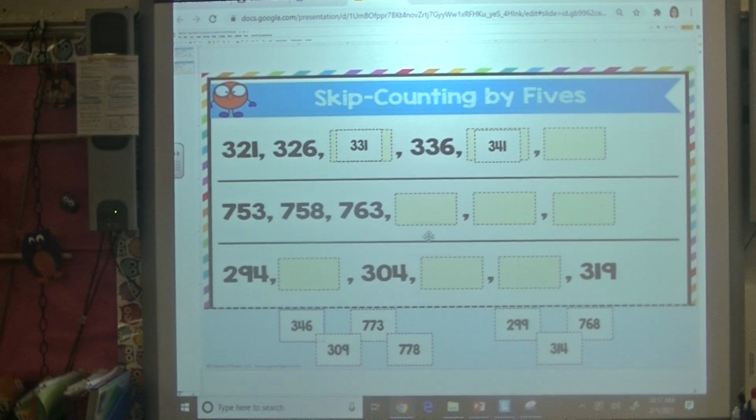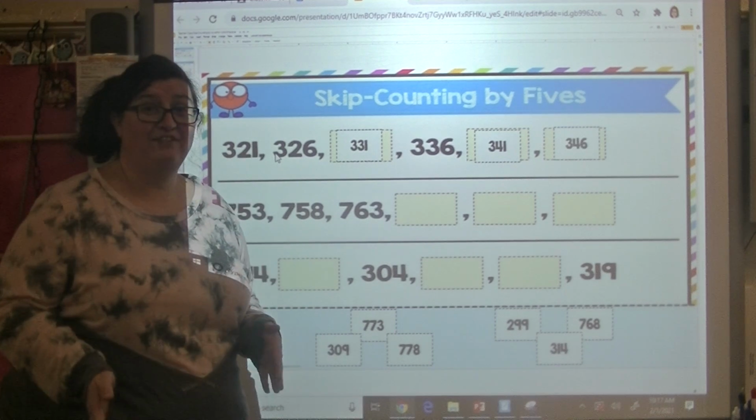There it is. So it still follows a pattern. Let's look at it. 321, 326, 331, 336, 341, 346. So instead of ending with 0 or 5 like it normally would,